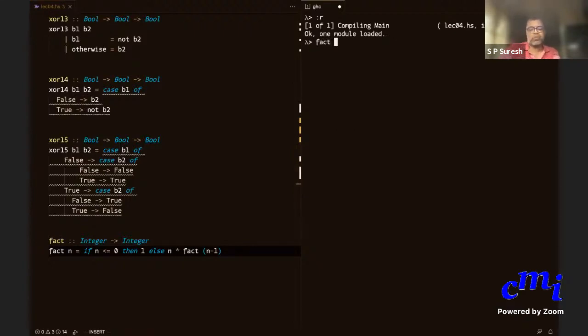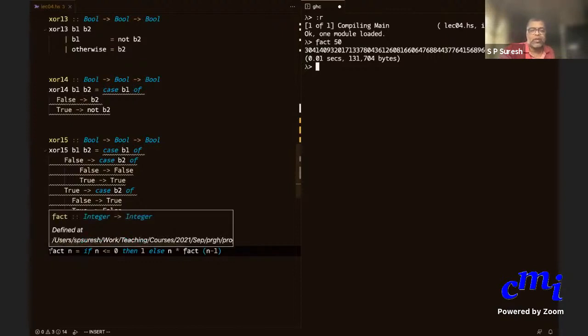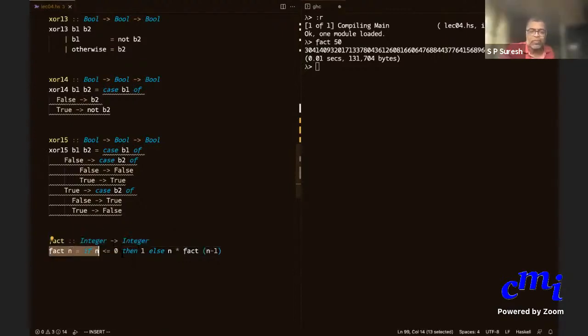Sir, how to run a loop in Haskell? That's what I'm showing you. There is no explicit looping yet. We'll see it later. You will achieve it by recursive functions. This is a recursive function. Factorial of n is nothing but: if n is less than or equal to 0, then return 1. Otherwise, there is no way to iteratively do this. Why do you want to? When you have recursion, iteration and all will come later.